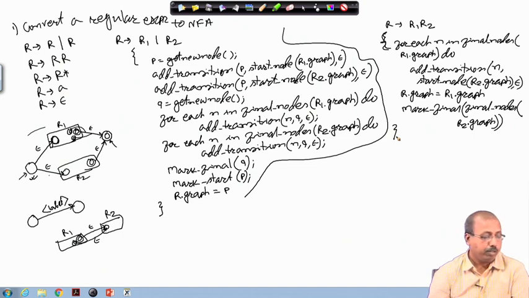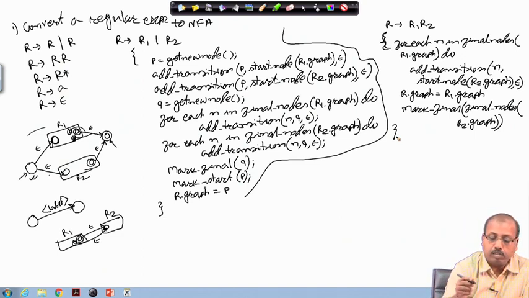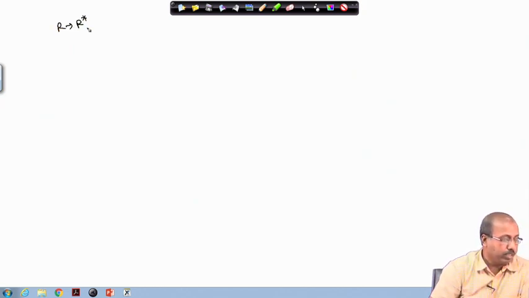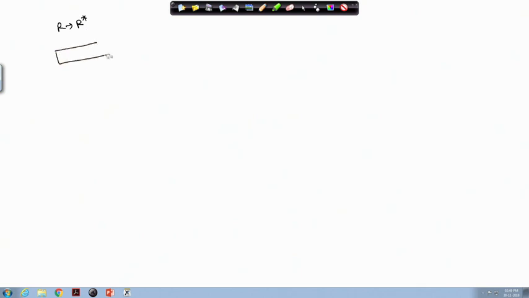Now, I need to do it for R star. So, how do we do it for R star? R producing R star is a bit tricky, because what we need to do is, if this is the situation, then I have to have one epsilon transition from here to here, an epsilon transition from here to here, an epsilon transition like this, and an epsilon transition like this.